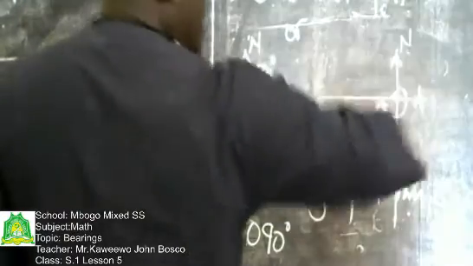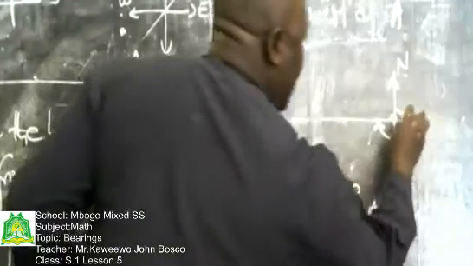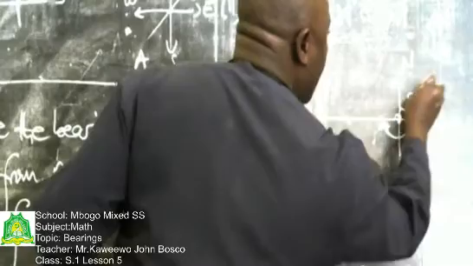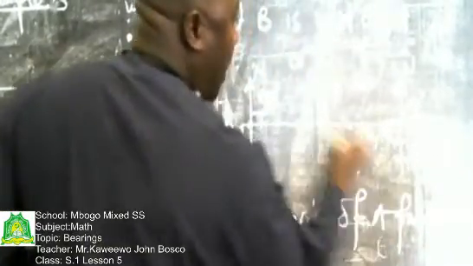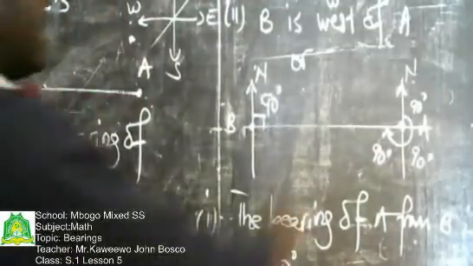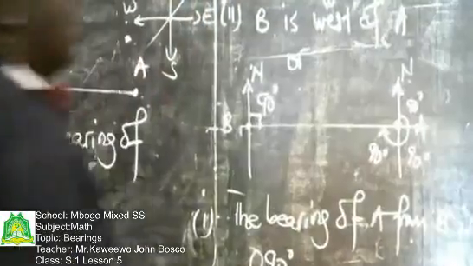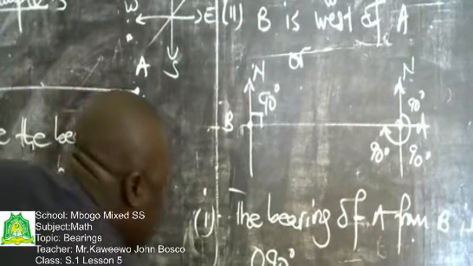We are supposed to measure in the clockwise direction. So we shall have 90, which is here, another 90, which is here, and another 90, which is here. So the bearing will be as a result of those three angles added. You can say the bearing